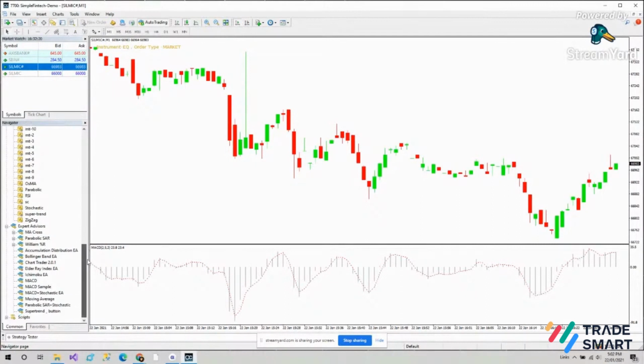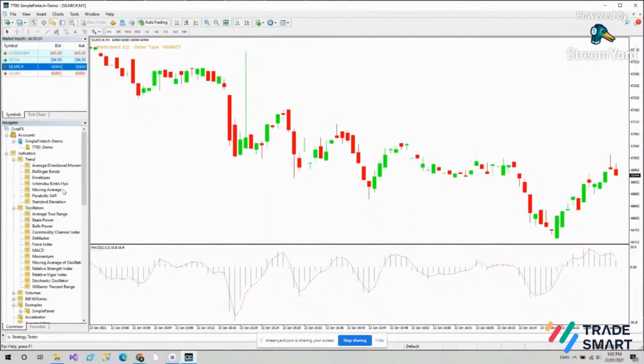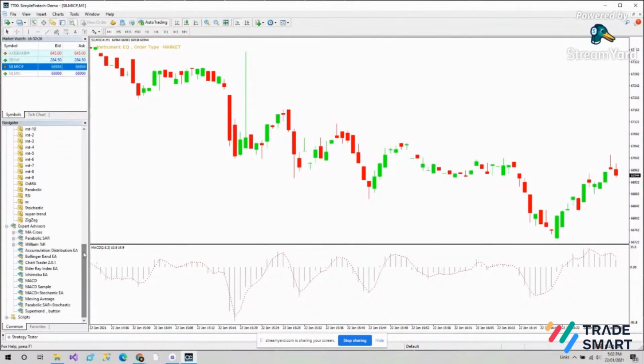Once you have done that, you will go to the navigator and in expert advisor, you will click refresh. Once you have clicked on refresh, you'll find chart trader 2.0.1 here, which is the expert advisor for integration with API bridge.